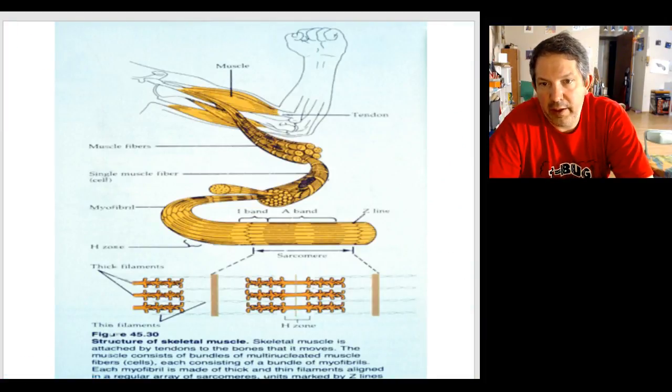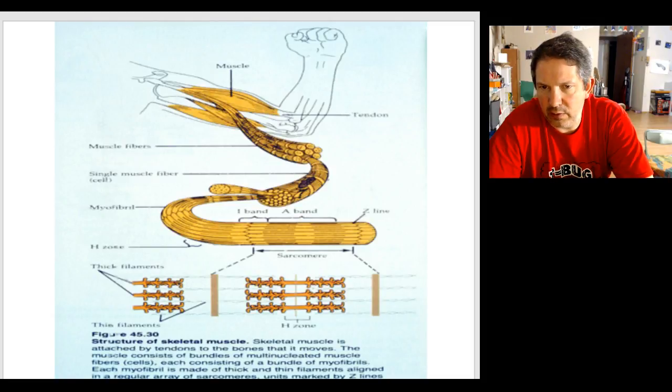Just another look, and we can learn A band and I band as well. I'm just not going to go there. And an H zone. I'm just going to say Z line to Z line is a sarcomere. And what we see, there's this area right in the middle where there are no globular heads, and then this darker region here, that's where we have actin and myosin overlapping each other,